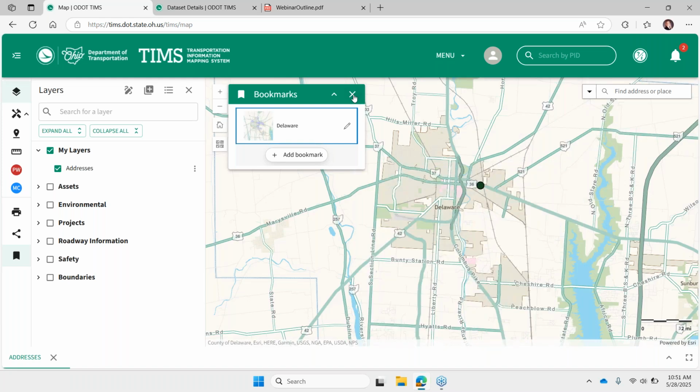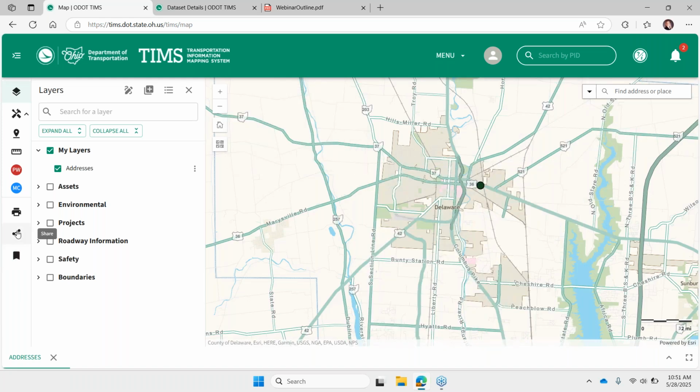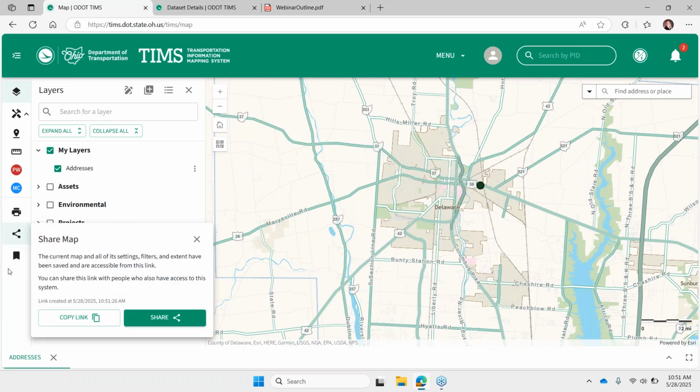But the most powerful tool is the share tool. And this is going to generate a smart link, but it's smarter than ever. Quickly, when you open the tool, you're going to have two buttons here. The share green button would be if you're on a tablet or the mobile version out in the field. And when you click that button, it would give you those shortcuts like send it through your messenger or your email. But when you're on your browser, you will want to click the copy link button. So if I click it right now, I have this in my clipboard.